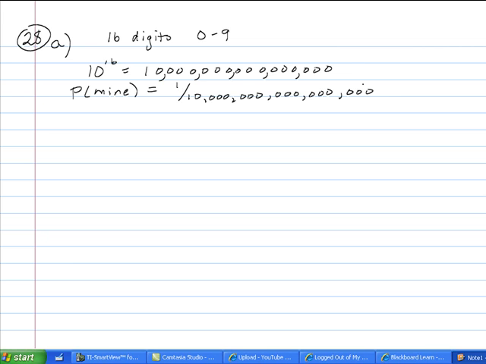Okay, part B. Receipts often show the last 4 digits of a credit card number. If those last 4 digits are known, what is the probability of randomly generating the other digits? Okay, so if I take away the 4 that are known, that would leave me 10 to the 12th, which would be a 1 followed by 12 zeros. 3 more, and 3 more. Okay. So this time the probability that it's mine would be 1 out of the